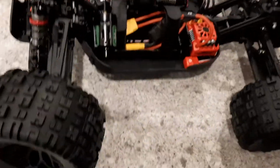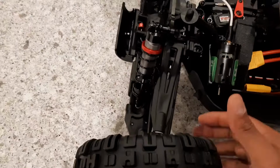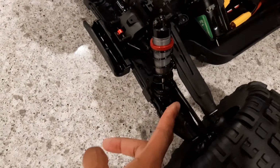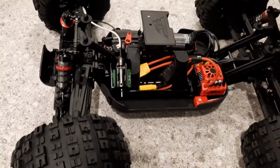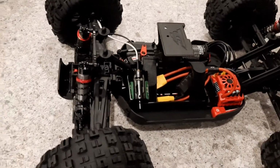So basically, people were snapping arms, bending those. Chassis were flexing a bit too much, and apparently the owner of the company, Team Corelli,